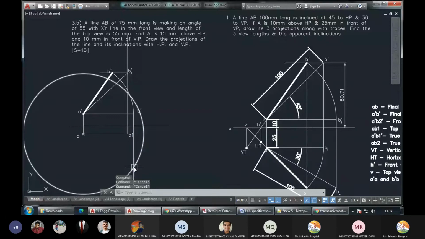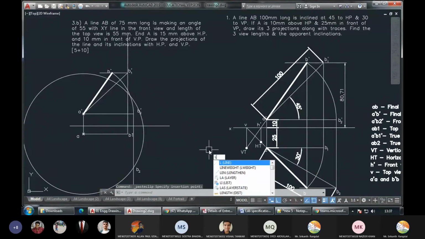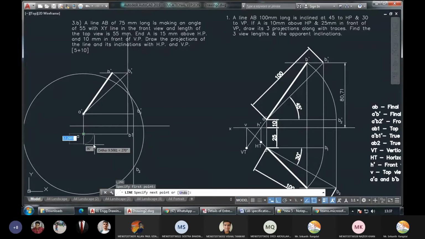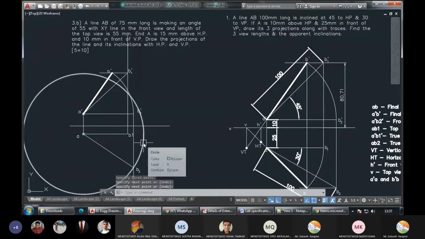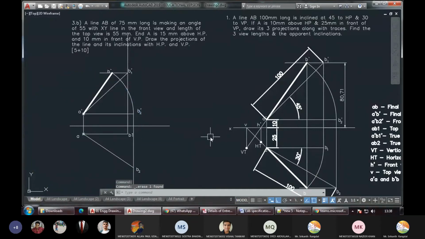So that is the point we need. So what is that point? That point is nothing but B2. So take a line, join this here. So we got this point also. Work of circle is over. So let us delete it.